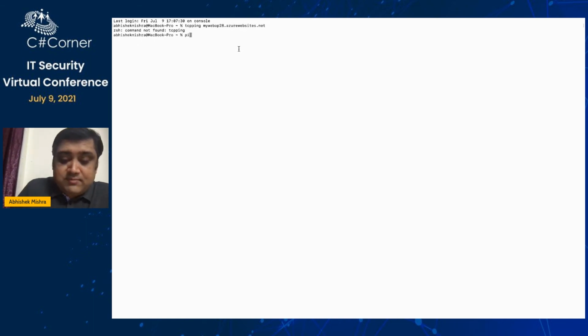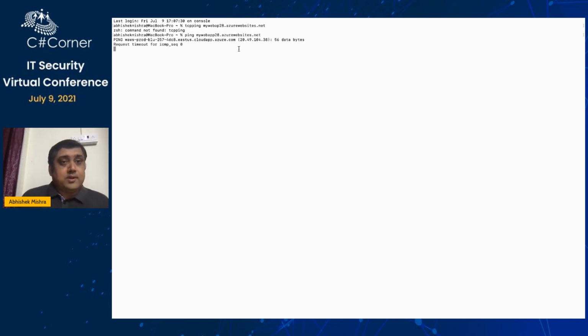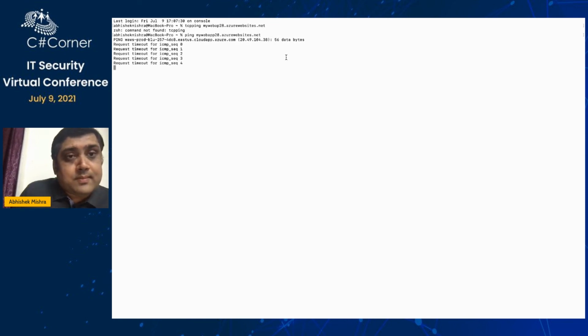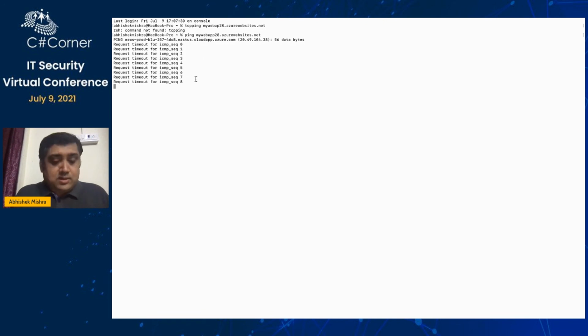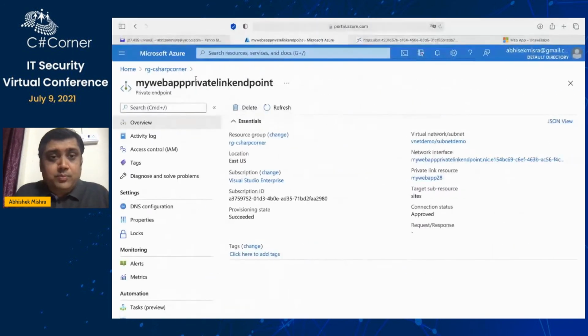TCP ping is not available here. So let me do a ping my web app 28 azurewebsites.net. Here actually it is timing out, but maybe if I get into the portal, I'll be able to see it.